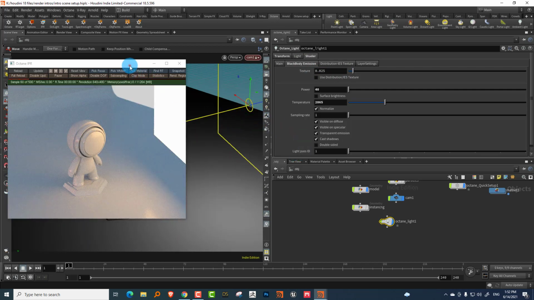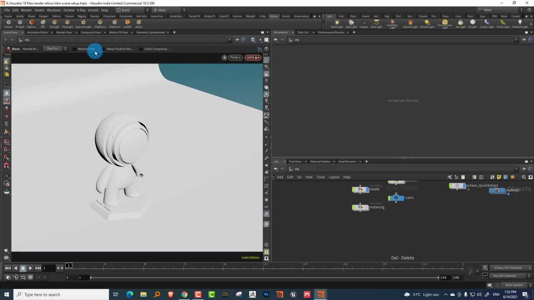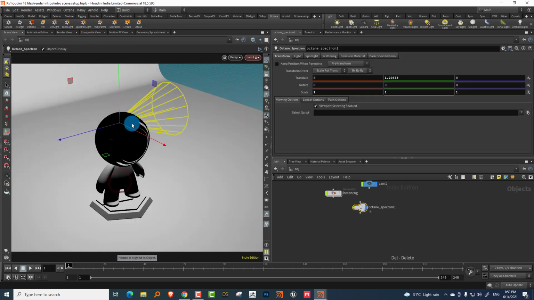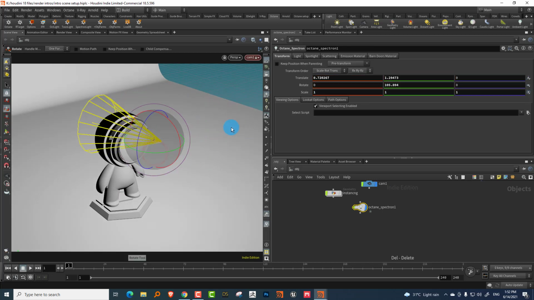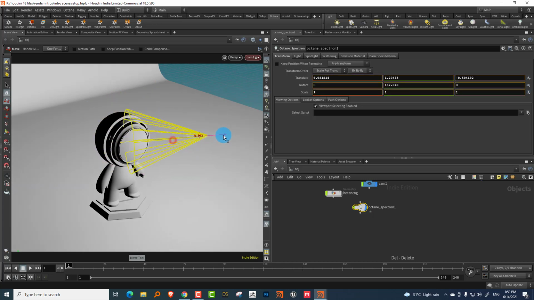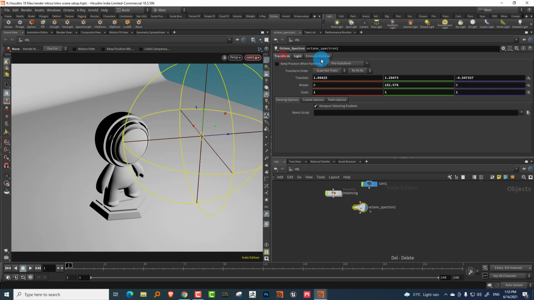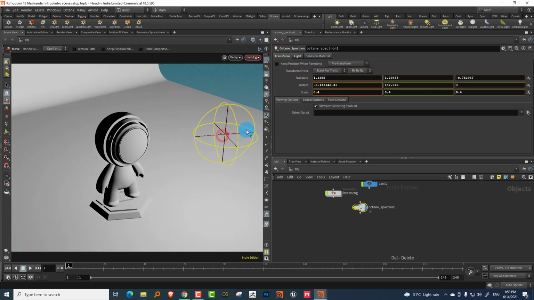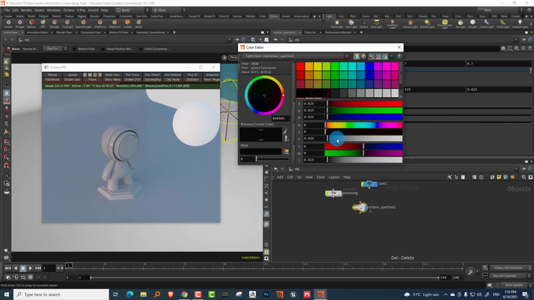The other thing that you can use, instead of using this light, is something called a Spectron light. What they're trying to do is build more standard lights, the way there are in general software. Octane doesn't have anything like that, so this is the first implementation of it. Don't go with volumetric spotlight, so keep it to quad or sphere. If you keep it to sphere and I scale it down, this will clean up a lot faster than the standard light. So I'll take the light color and make it brighter.